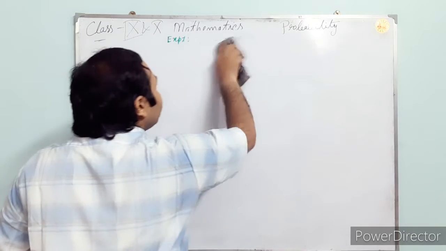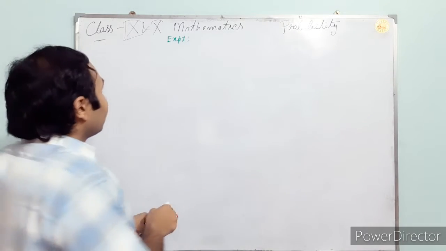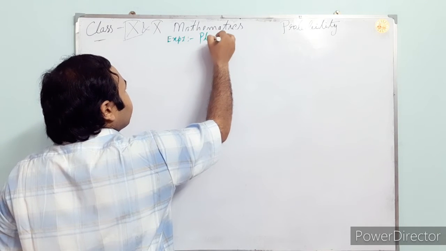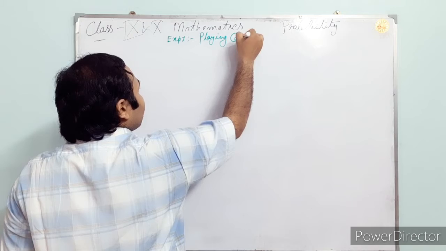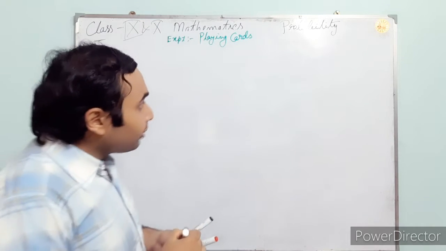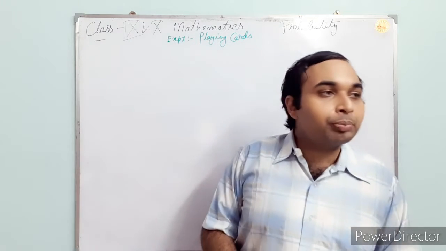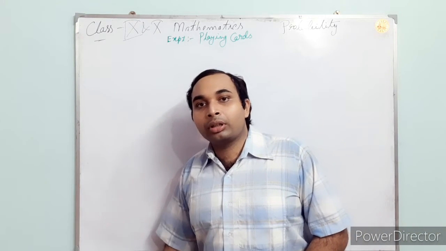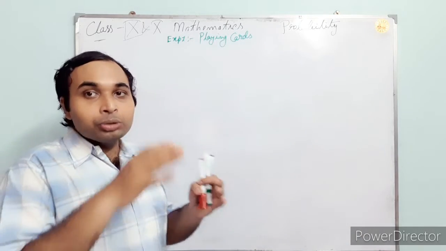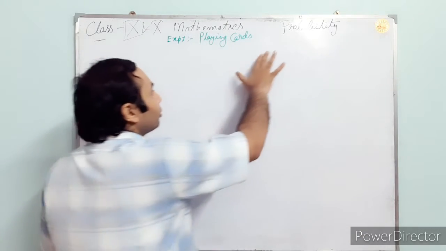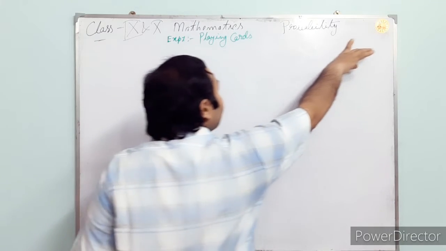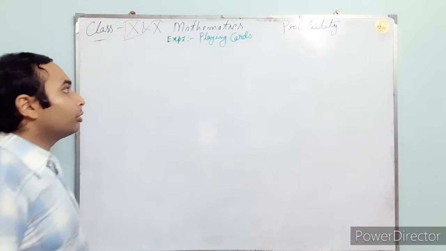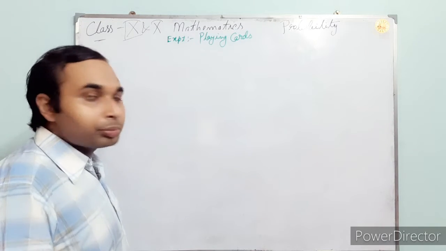The next experiment is playing cards. The cards problem is a very important problem. Actually, the vast application of probability is in cards problems. There, the players use probability mentally. I think for non-mathematical persons who don't know probability theory, they don't know probability, but they actually use probability theory to play the cards.